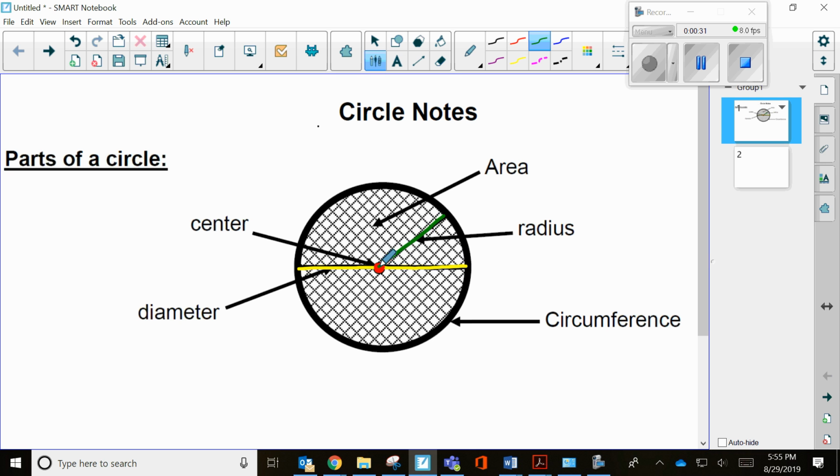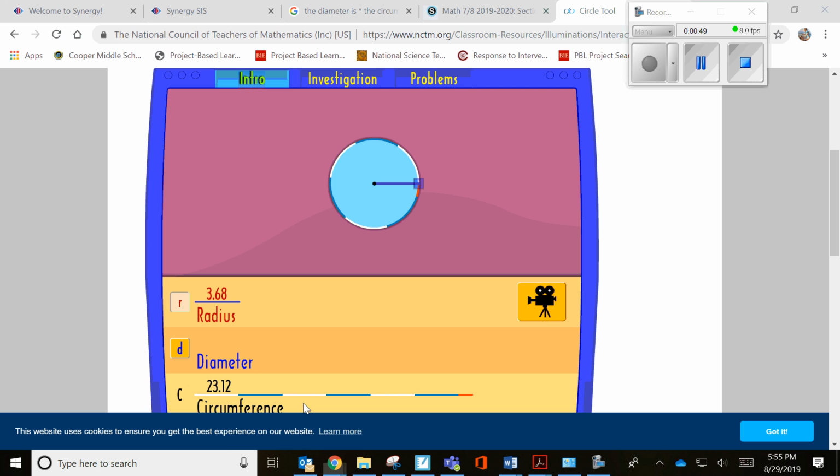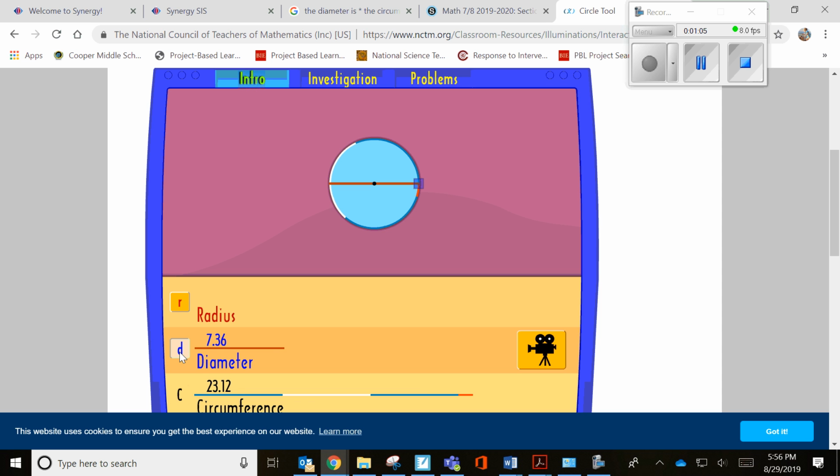And then what we're really going to learn about that's new is our circumference. So that is the distance around a circle. Make sure that you have this in your notes. And we are going to look now at a little video activity. So here I have a circle. We're going to determine how we come up with the formula to find the circumference for a circle. So here, if I'm looking at diameter, if I watch this little video, it happens quick,